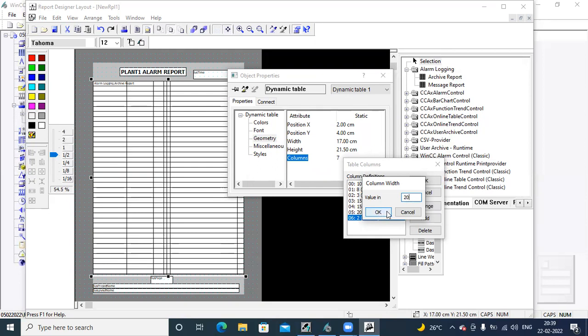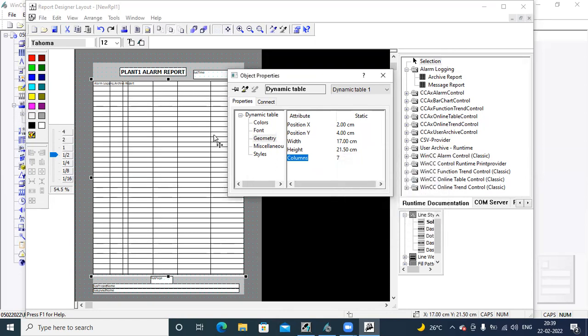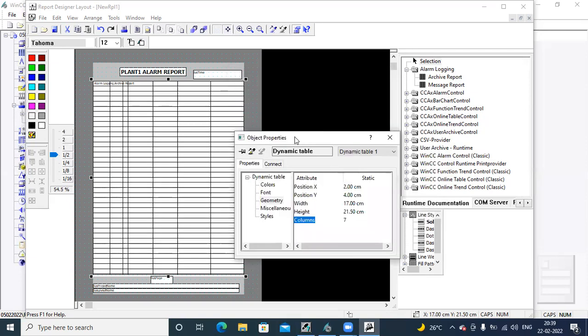Different values I will set. These are like characters, meaning the size of the column. Okay, you can see it is changed.